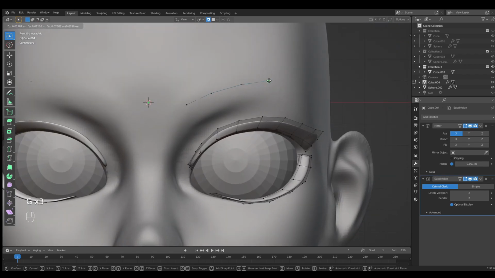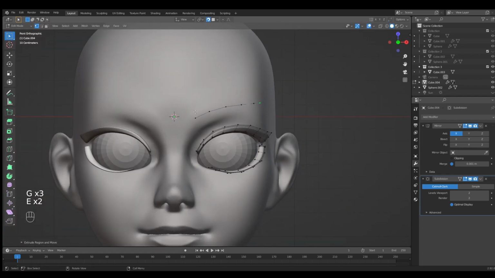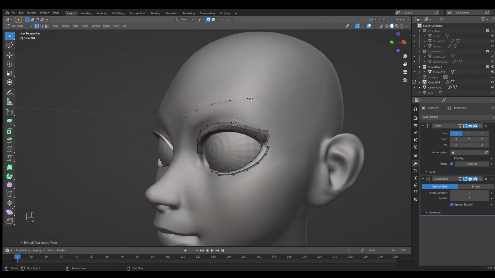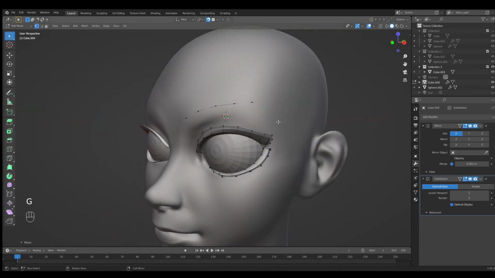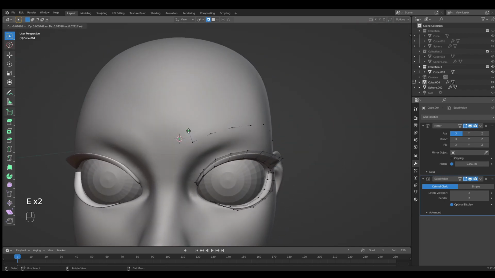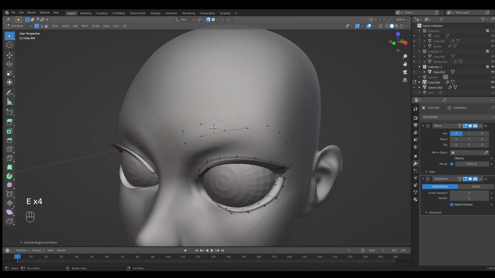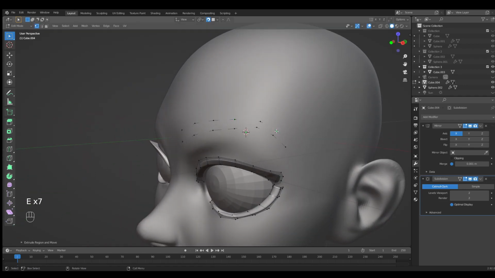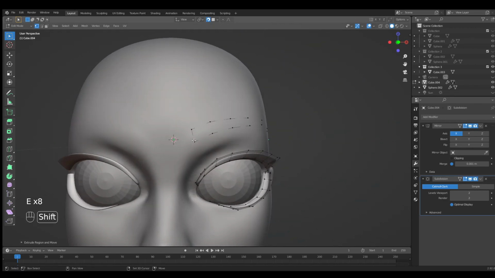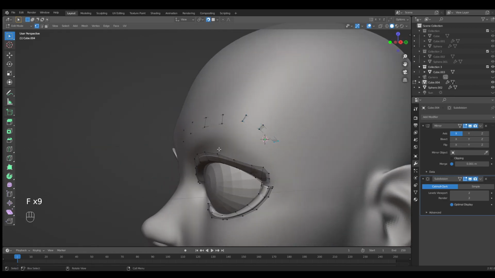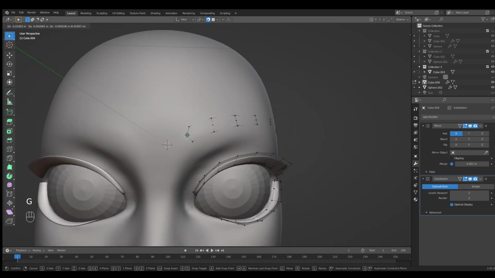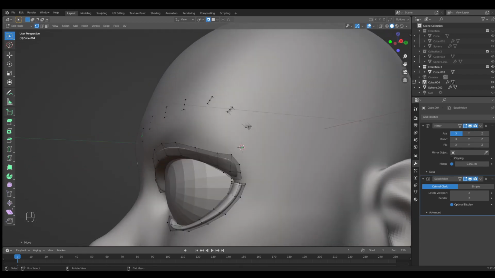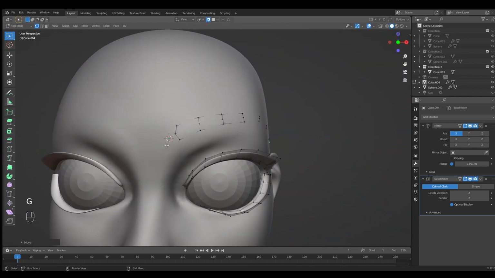I will show you what form I usually see in the eyebrow. So this kind of goes a straight line, and where your head shape or almost close to the corner of the eye finishes, the eyebrow shape drops. So let's add another face like this, and with each extrusion it's getting smaller and smaller in the width. I'll add the face now, and Ctrl R to add the edge loop, form the sides like triangles,